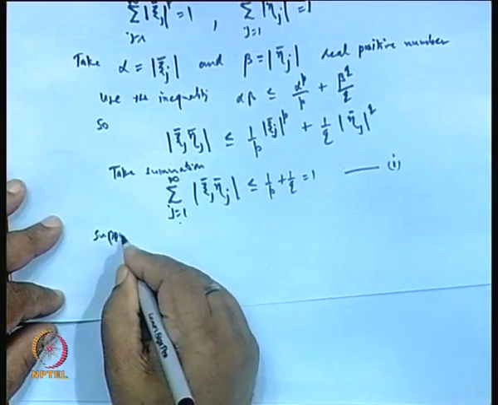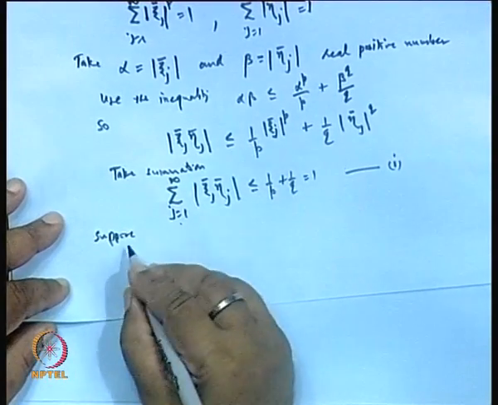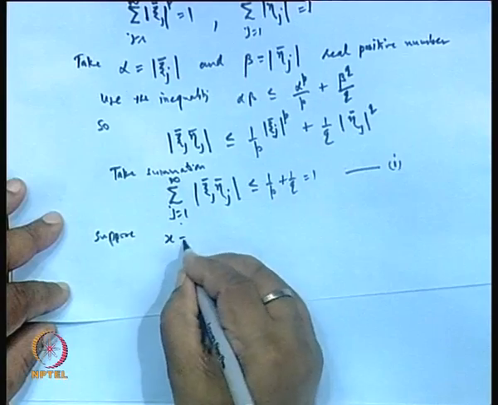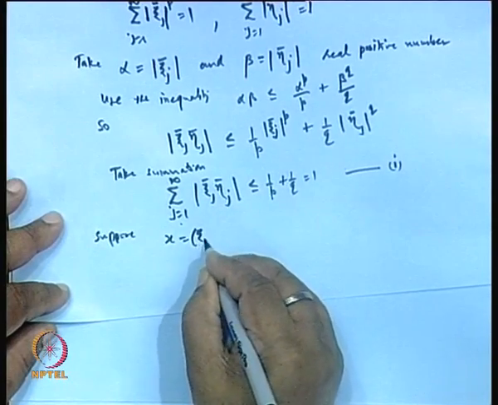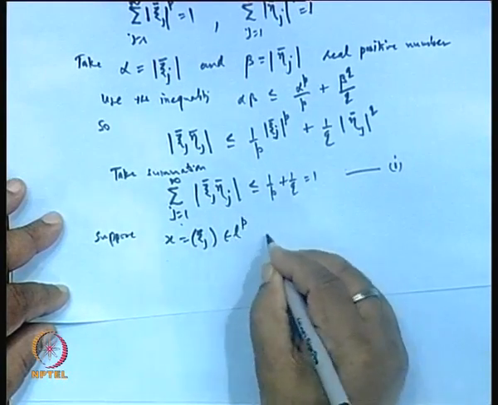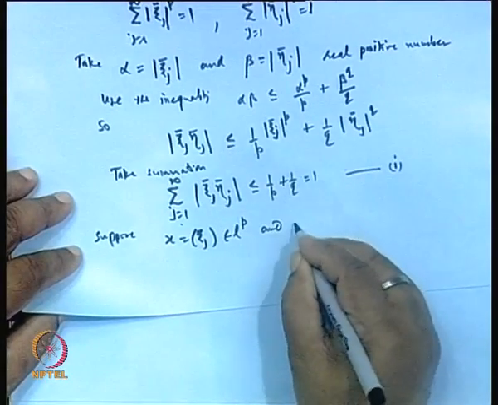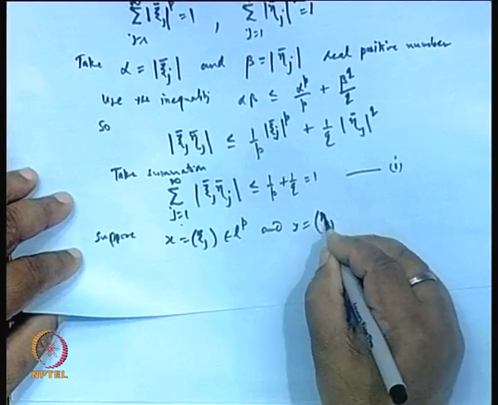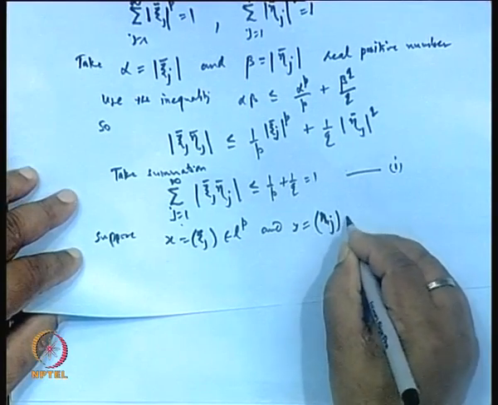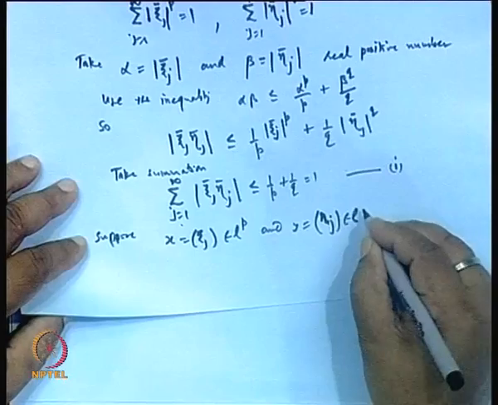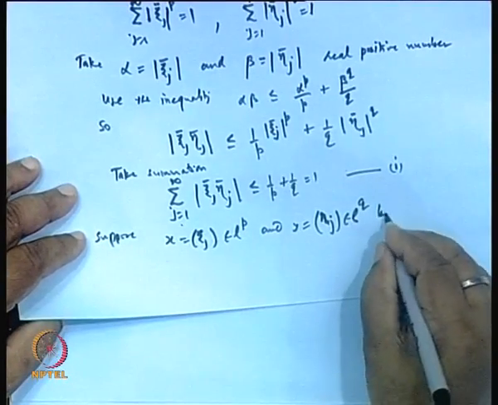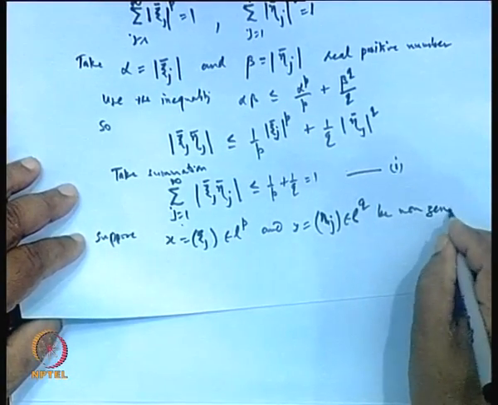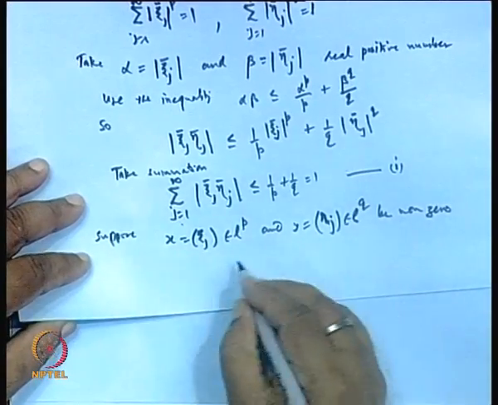So, what we do is, suppose x, which is xi_j, is in l^p and y, which is eta_j, is in l^q, be the non-zero elements